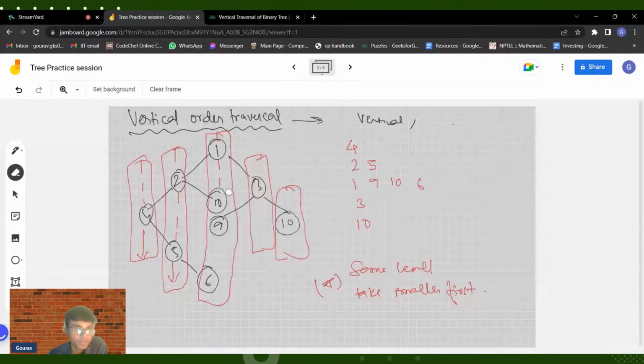For the root, I will mark 0, 0, but for its left child and right child, I will increment the level by 1, because whenever we traverse from the root to other parts of the tree, we are increasing our level. From the root node, we go to the left child and the right child. When we go to the right child, the vertical increases by 1, so the vertical becomes +1. When we go to the left child, the vertical becomes -1. But in both cases, the level increases by +1. So for node number 2, the mark will be -1, 1, and for node 3 it will be 1, 1. I hope this concept is clear, about how we are marking the individual nodes at every point.